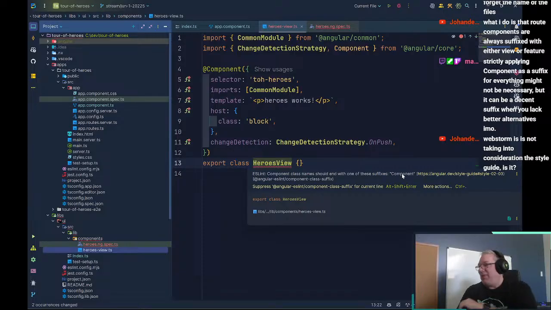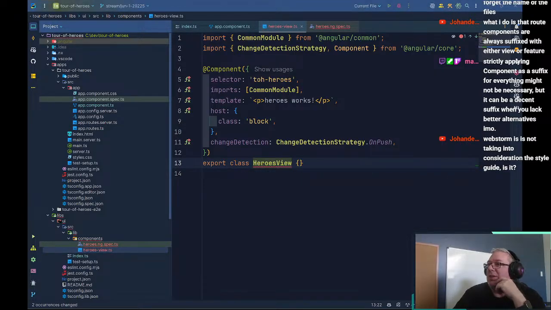It gets very tough, right? I'm using Angular ESLint. You can see right here that it's this rule, the Angular ESLint component class suffix, that it's calling into, and it's taking into account the style guide, right? So if we go take a look at the style guide,